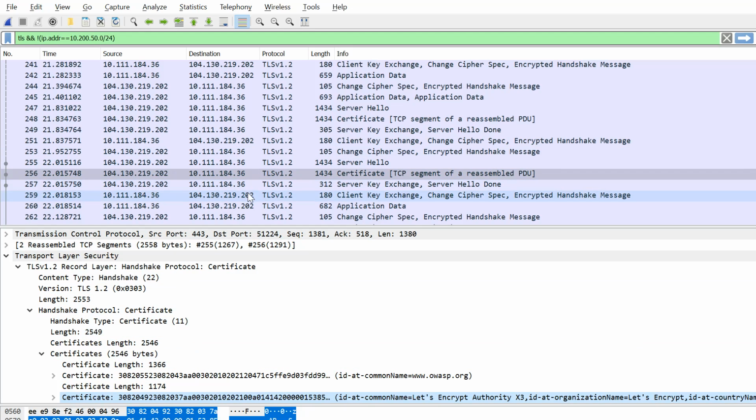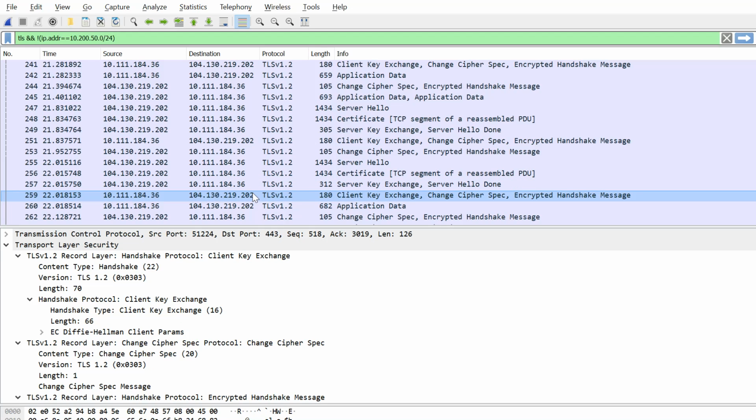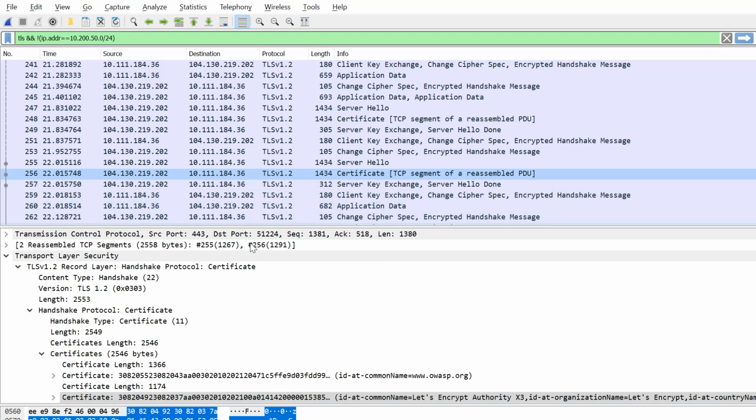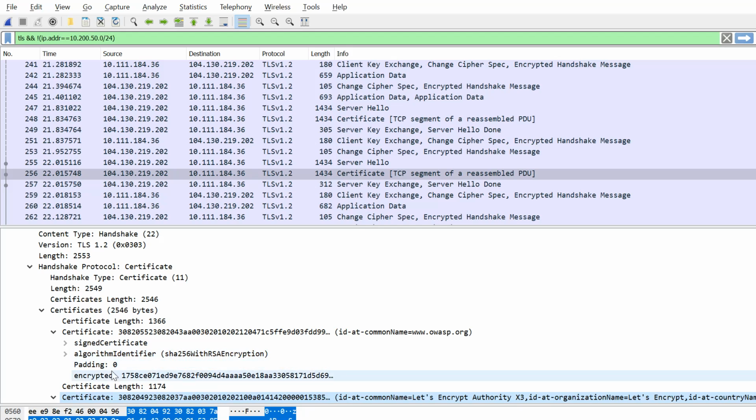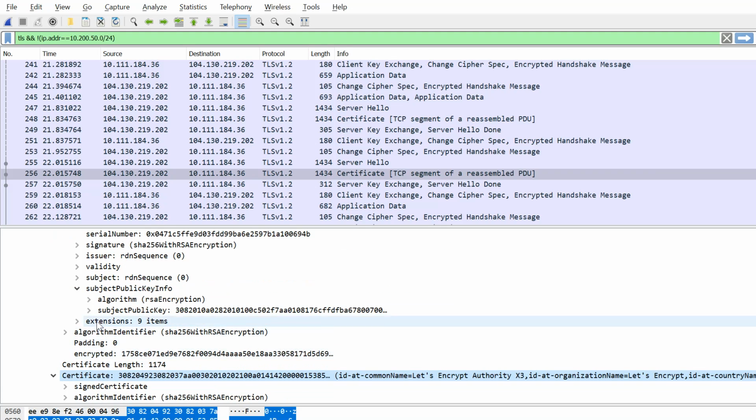And from there on, we can see there is a server key exchange and then a client key exchange. We can actually see the certificate's public key as well here. The signed certificate and the public key should be here. So that's the public key